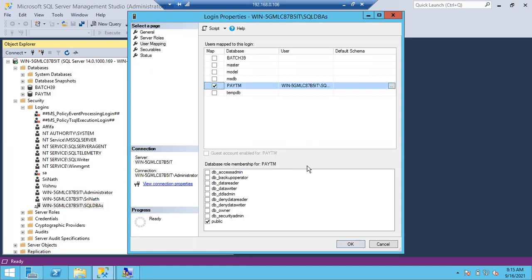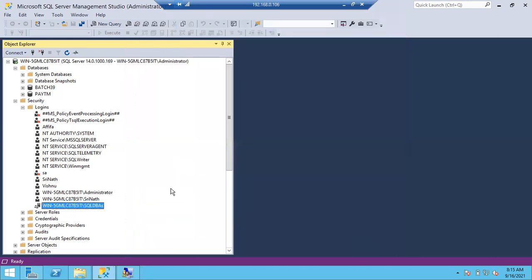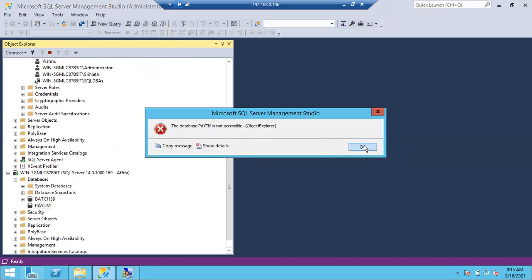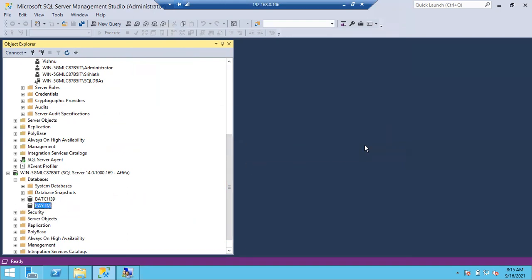Of course, now I cannot show you. Why? Because they have to log in with their Windows credentials. Even if I gave access, I cannot show you. These are the SQL logins. This is Afifa SQL login. She cannot access the database, as you can see here. Why? Because I gave access to the Afifa Windows login. Afifa means, sorry, Farjana. I gave access to Farjana, but this login account is Afifa. She still cannot read the Paytm database, because both are different logins.